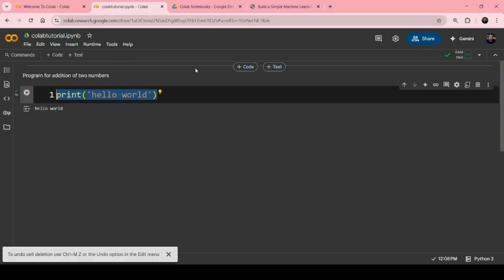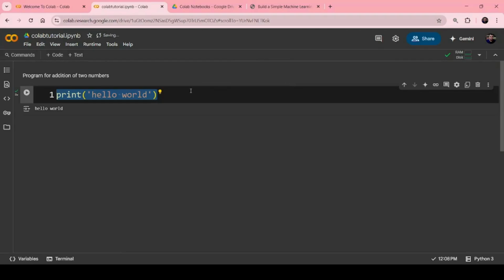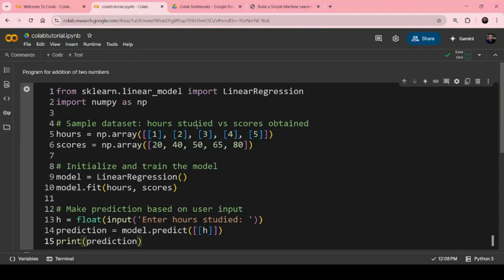As I said, this is one of the perfect platforms for running AI applications. So what I'm going to do right now is paste the code related to machine learning, which we took in the previous video. I'm going to paste that code right away in front of you, and you can see that we have used the scikit-learn module that we had used, and we had not installed that module,